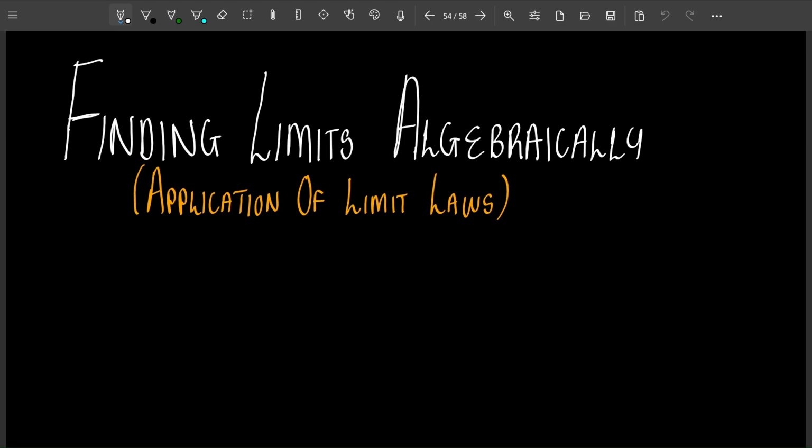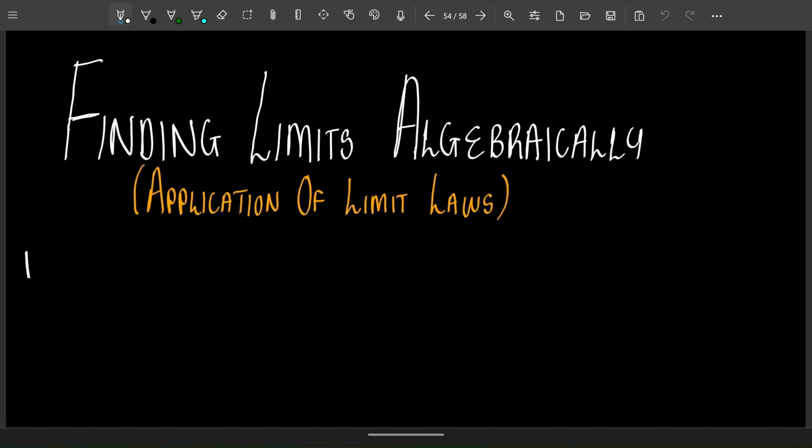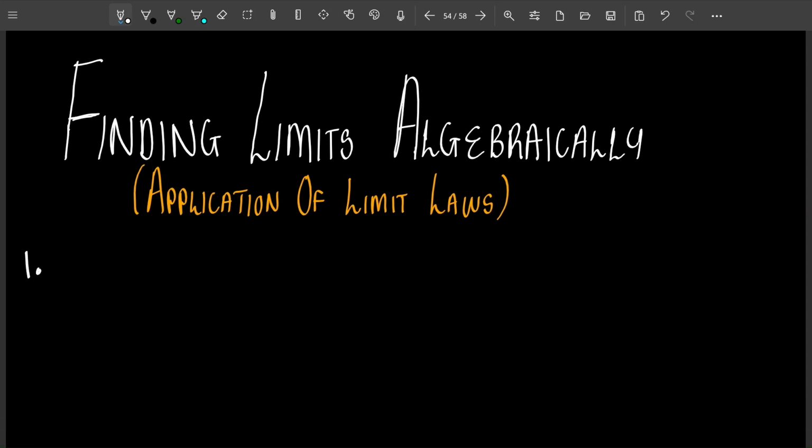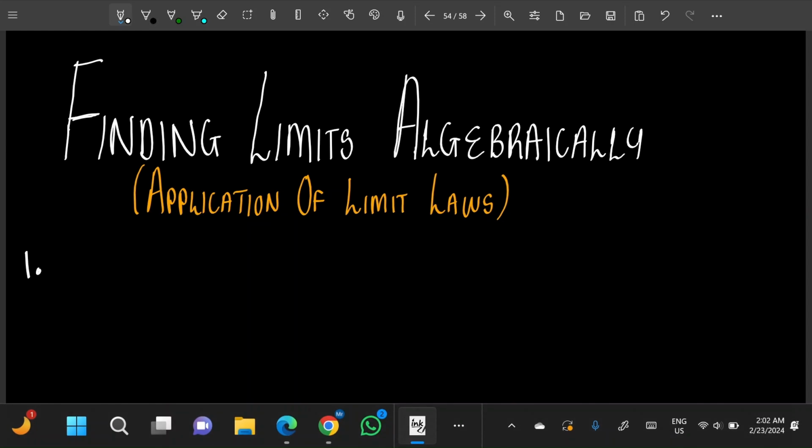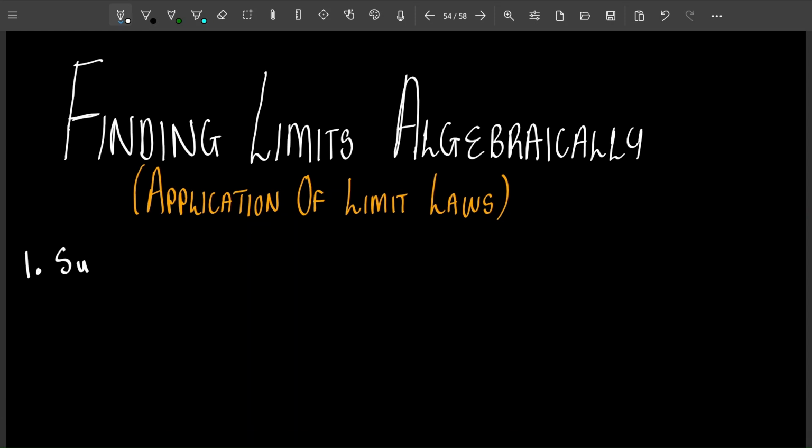Okay, now that we've seen some basics on the limit laws and solving or finding limits algebraically, we're going to look at some examples, okay? And basically, first I'm going to introduce you to the four techniques that we're going to be using here. So I'm going to just list them. We're going to be using four possible techniques to solve the limits that we're going to meet from here on. And the first one is going to be substitution, or direct substitution,